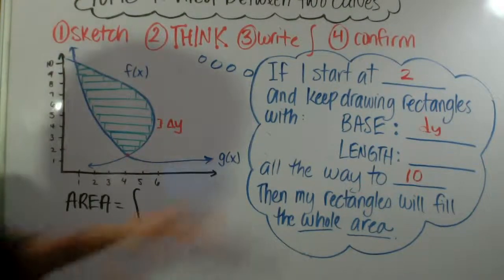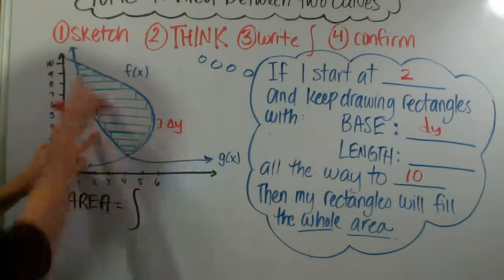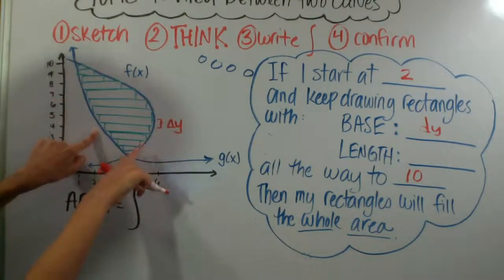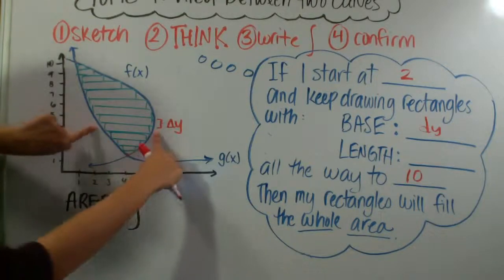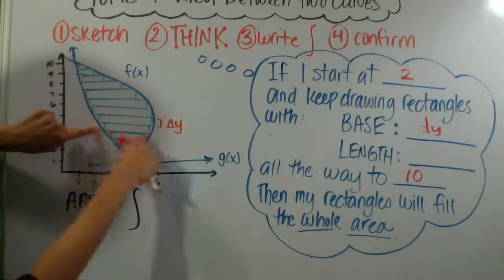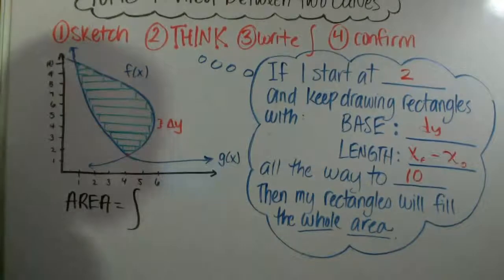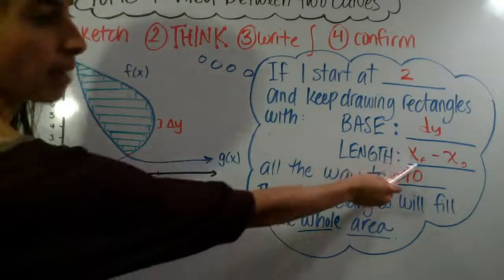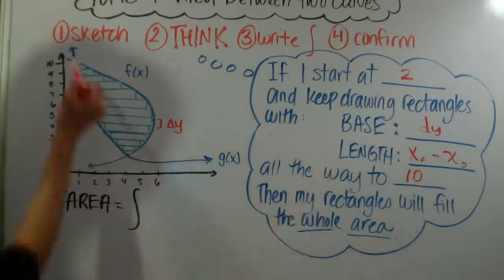The last thing I need is an expression for the length of each rectangle. Well, each rectangle stretches from the f curve all the way to the g curve, or the g curve is first, I guess, then the f curve. Now, since this is a horizontal distance, the horizontal length is going to be the difference in 2 x values. The shorthand we could write is x sub f, like the x value of the f function, minus the x value